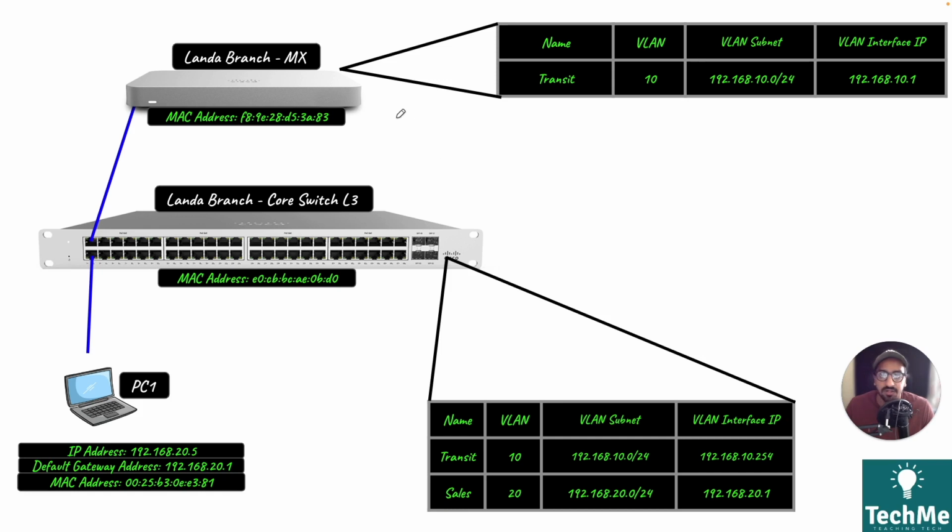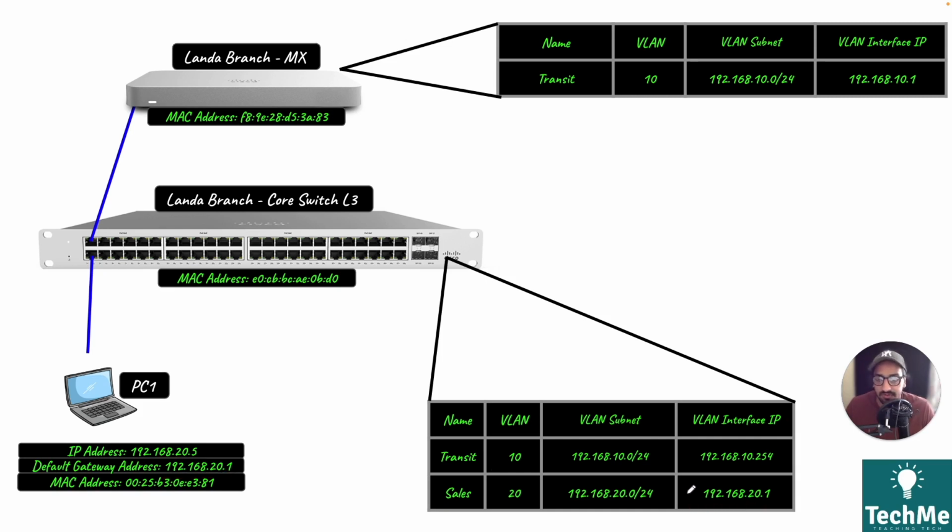So that's why you would need a static route. Let's go ahead and talk about the topology here. We have a transit VLAN, which is defined on both the MX and the switch. The layer 3 switch and the MX use these SVIs, 192.168.10.1 and 192.168.10.254, to communicate with each other. When they send traffic to each other, they'll be sending it on these SVIs. Here you have PC1, 192.168.20.5, and that's in the Sales VLAN,